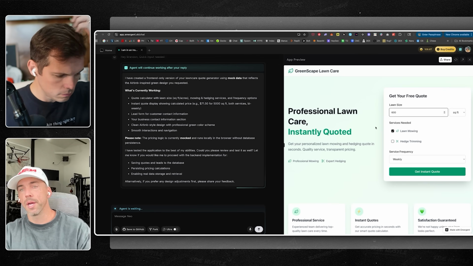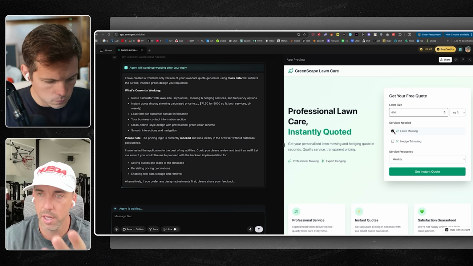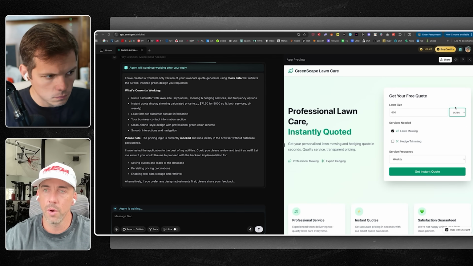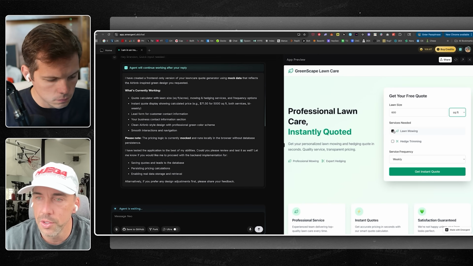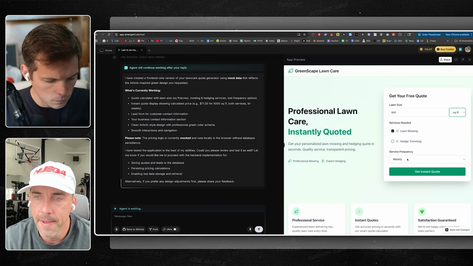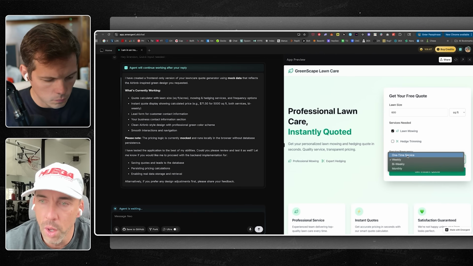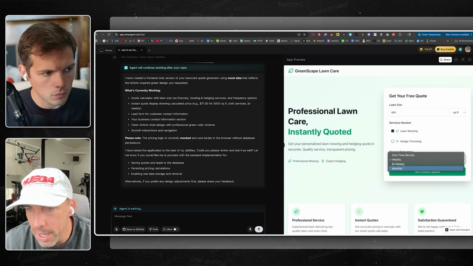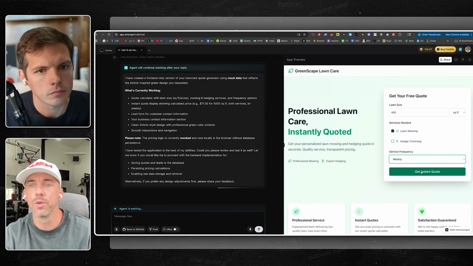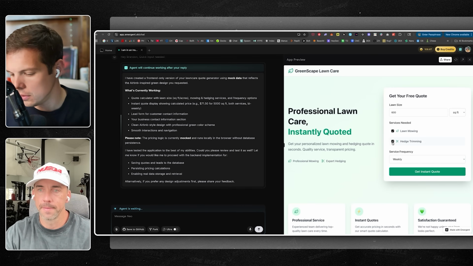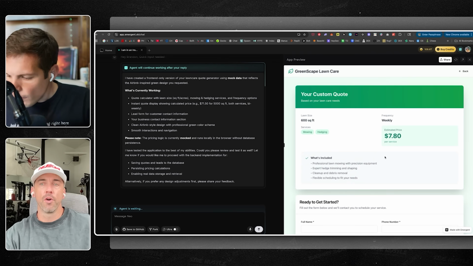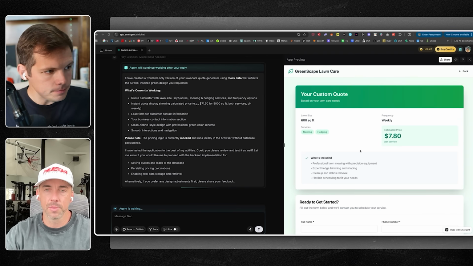Also, if you see on my screen, it lets me choose as a user the square footage or acres, so I can choose either one. And then it says if I want lawn mowing and or hedge trimming. And then it also asks if it's going to be a one-time service, weekly, bi-weekly, or monthly. So it set it up to where the user can have all those options. That's pretty cool. So is yours kind of like a chat bot and not like a form? No, it's a form. Okay. But it's like a dynamic form, so that's good.